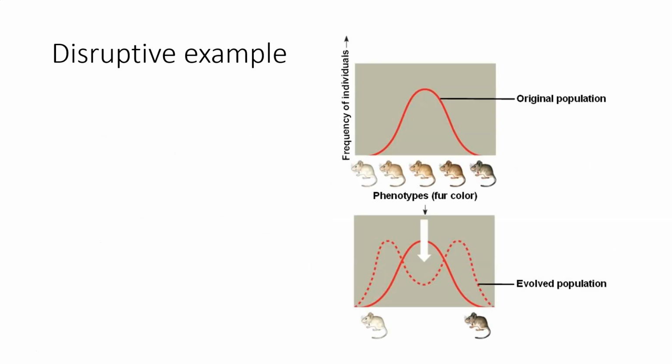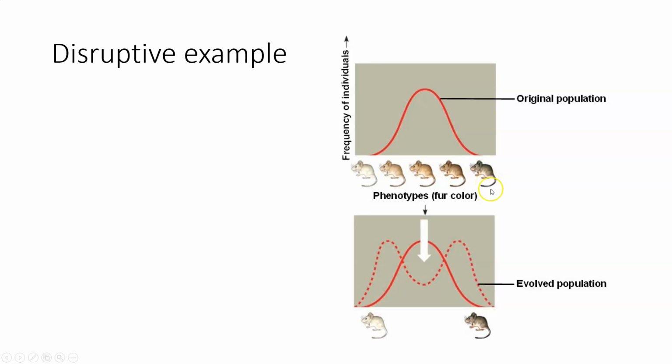All right, disruptive. This is the one where the two extremes are being selected for, and the middle of the road ones tend to die off for whatever reason. So this time we're going to be looking at mice. I don't know if you guys have traipsed around in Texas very much, but in our area of Texas, we tend to have a lot of soil that is very pale. It's caliche, it's limestone. And we tend to have a lot of places that are shaded in or flat out